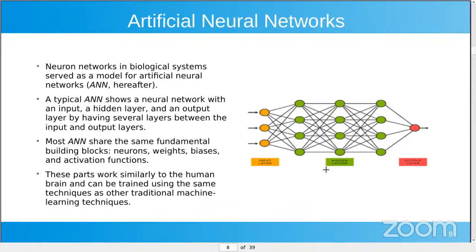So to avoid these kinds of problems, we turned our attention to artificial neural networks, which are based on what we found in biological systems. Usually an artificial neural network will have an input layer, one or more hidden layers, and an output layer. They share the same fundamental building blocks, which are usually neurons, weights, biases, and activation functions. When you work with a neural network, you need to train it so that it can recognize patterns. That means essentially changing the weights of the model and giving it enough data that it will be able to